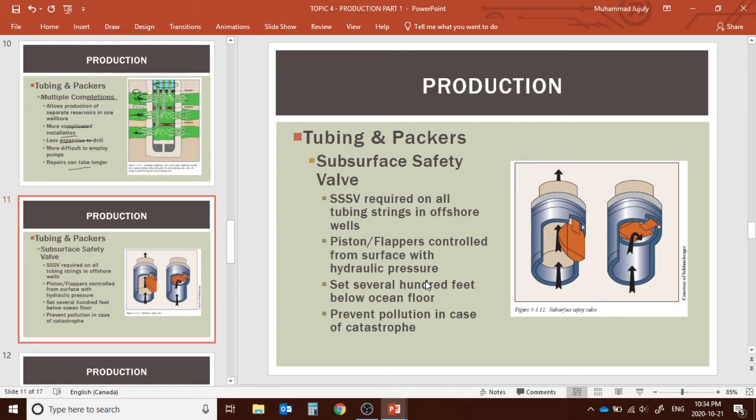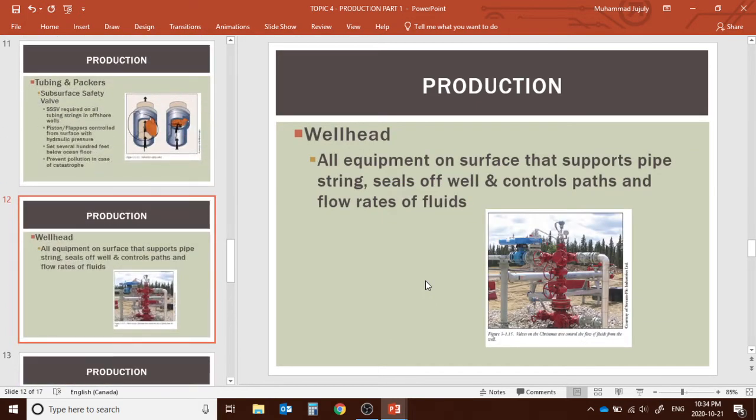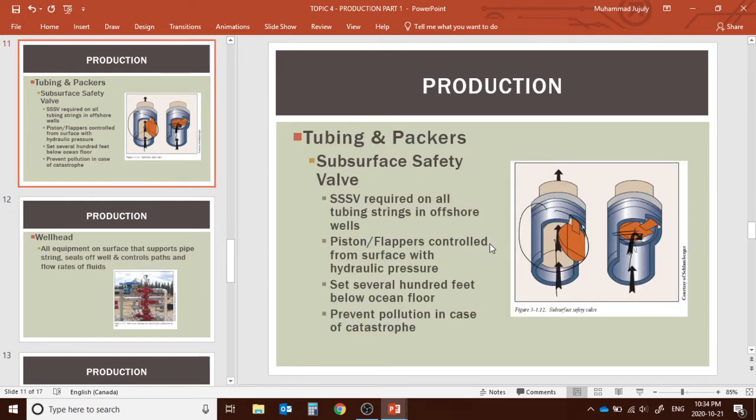Now, for this reason, we actually use the safety valve. This is a kind of non-returning valve. Okay, so fluids can go in, but they cannot actually go out. And also, if you actually want to seal the valve, the fluid also cannot go in. So that's how we can actually use the safety valve, the subsurface safety valve. But these are